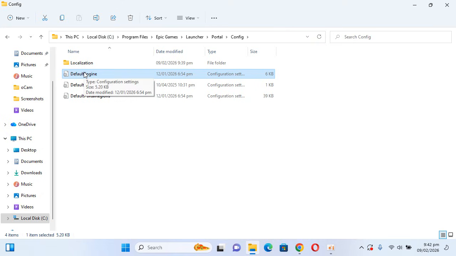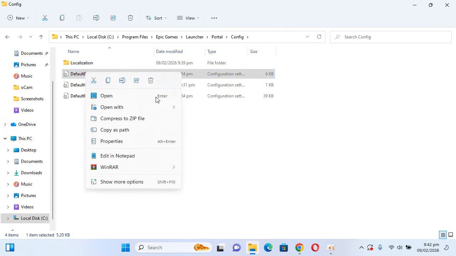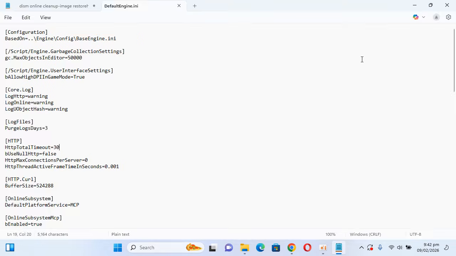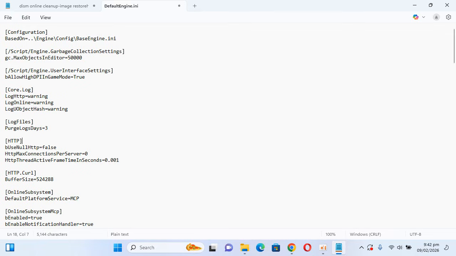Here you can see default engine. Right click this and open it up with Notepad. And once it is open, under this HTTP, you can see HTTP total timeout 30. You need to remove this and save it. Control S,